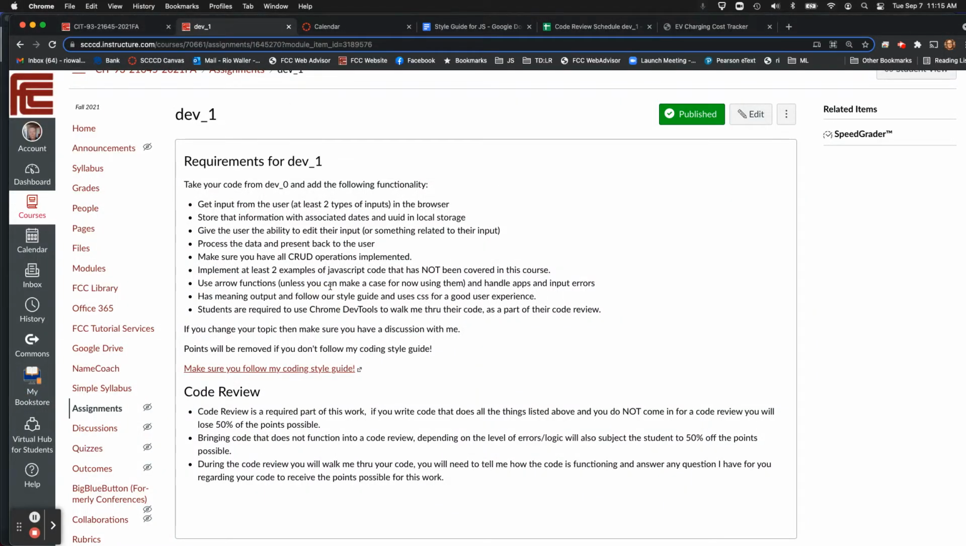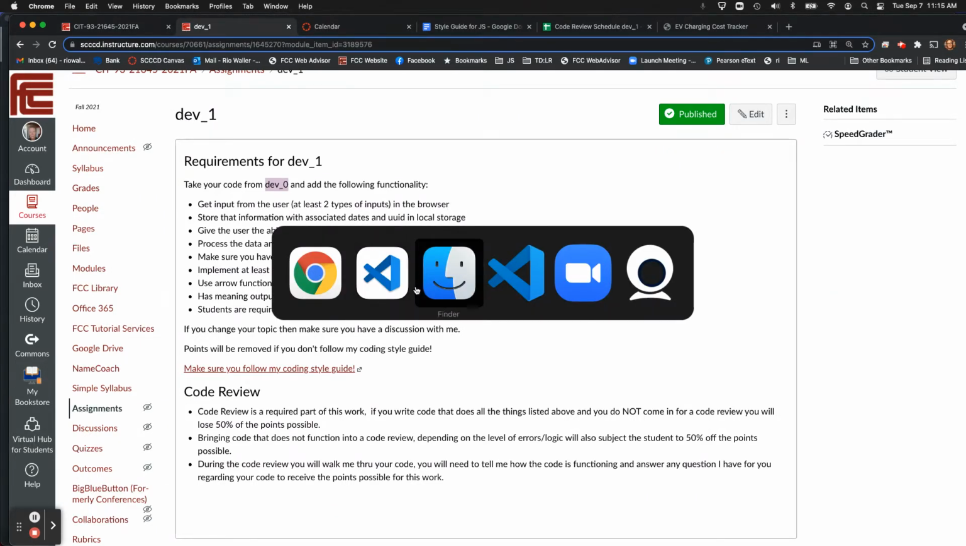Now let's talk about the actual requirements. And they probably are not going to be a surprise because it's what we've basically been doing in the Learn Together for the last couple weeks. So you need to take, most of you will take your Dev Zero code base. Okay. And by the way, while I'm here, let me just say, and I want to move over to the